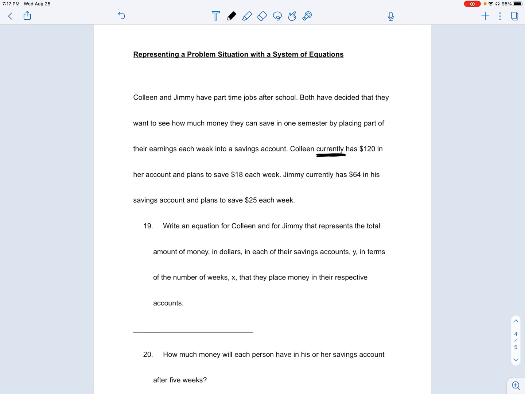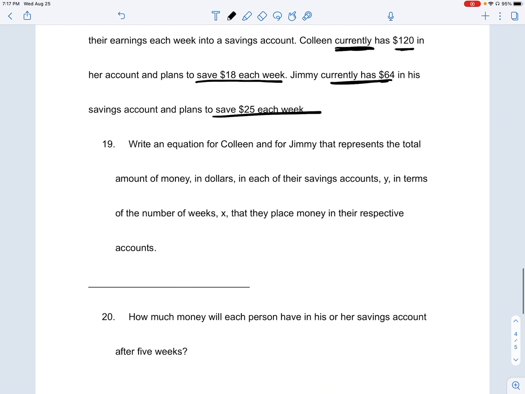Colleen currently has $120 in her account and plans to save $18 each week. Jimmy currently has $64 in his savings account and plans to save $25 each week. Write an equation for Colleen and for Jimmy that represents the total amount of money in dollars in each of their savings accounts, which is represented by Y, in terms of the number of weeks, X, that they place money in their respective accounts. So for Colleen,